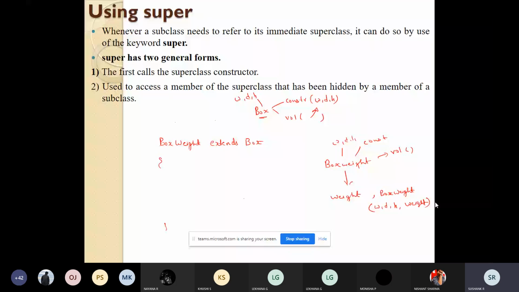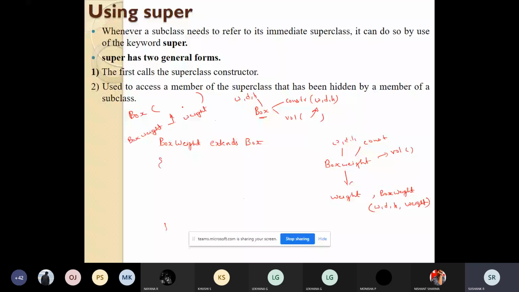Here, look at the advantage of inheritance. I've created this box class, which is a super class, only once. I created a super class called box, which contained three parameters, and I created a subclass called box weight. For this subclass, I'm adding one weight parameter, and I take the other parameters from the box class.